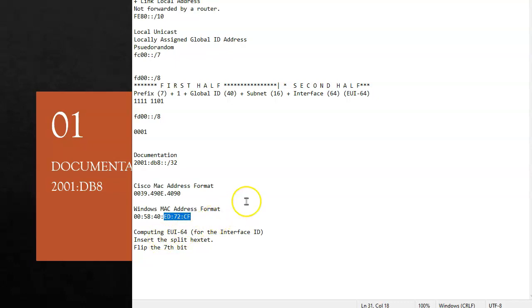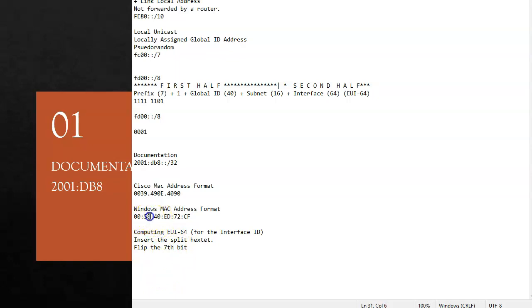What we want to do is turn this 48-bit address into a 64-bit address. So they created this method, and this is the EUI-64.